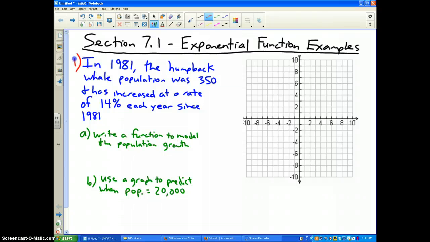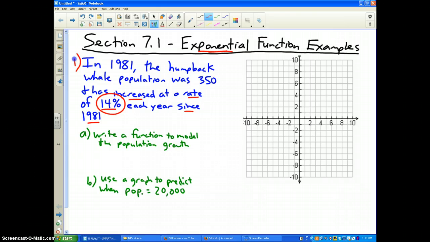In 1981, the humpback whale population was 350. They were very endangered. But they have increased at a rate of 14% each year since 1981. Letter A, write a function to model the population growth. All right, big key, percentage. Percentage usually indicates exponential